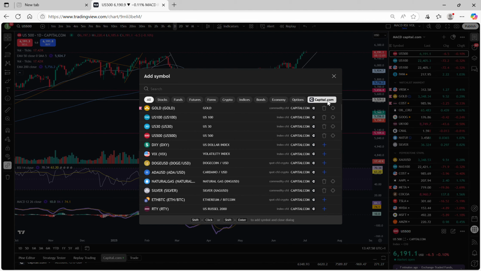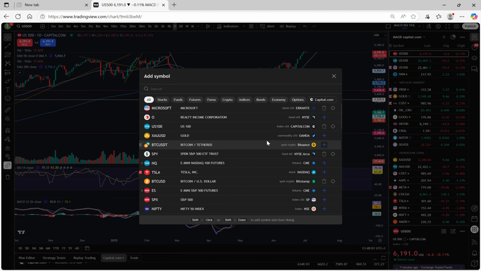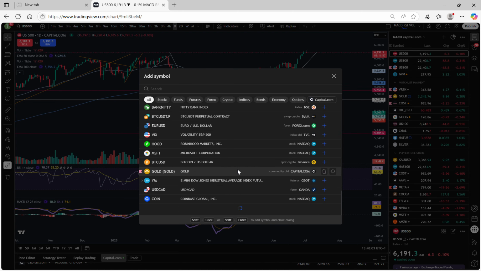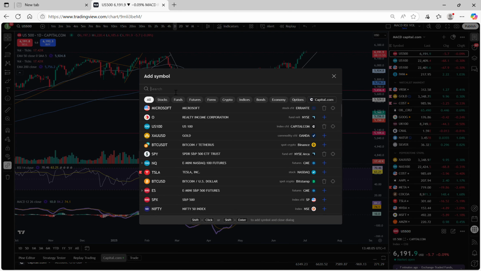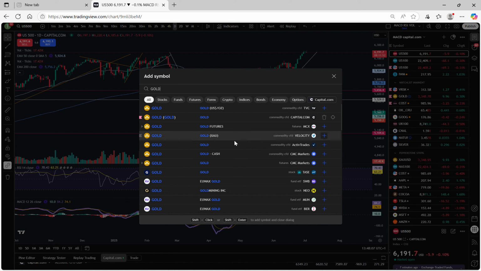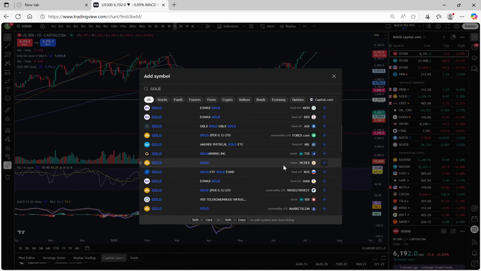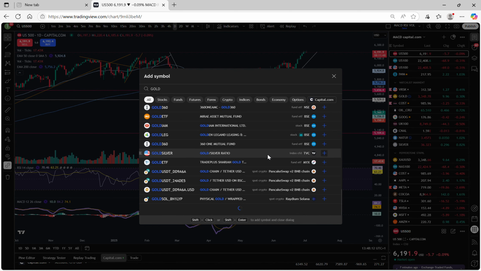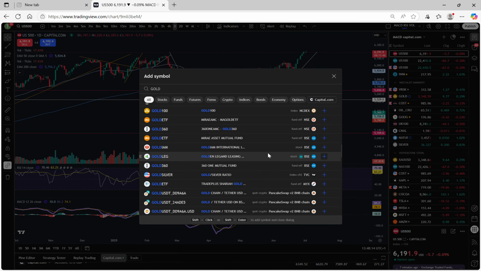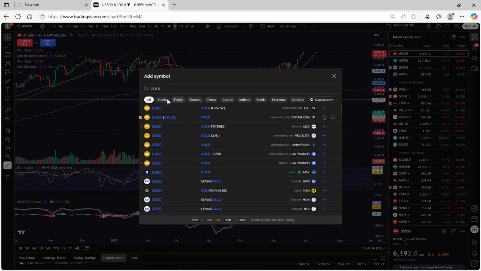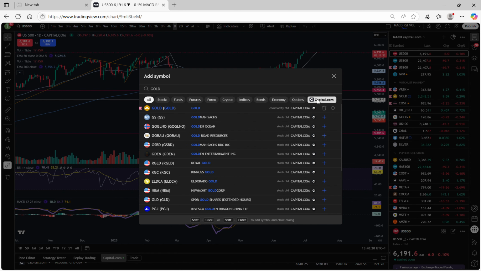You can also remove this filter and it will just give you everything. These are all of the markets that are available with TradingView. If you search for gold, it's got all of the different brokers that you can trade gold with listed down here. So I find that really helpful. You can also filter the markets that you want to add by stocks, funds, futures, forex, all of these different categories. So once you've found the market that you want, if I just put capital.com and then I click on it,